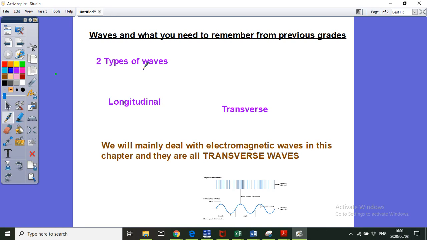For the last chapter, we need to revise a few things about waves that you did in previous grades. Not so much, but I am going to focus on what you need to know. The two types of waves that you dealt with were longitudinal waves and transverse waves. In this chapter, we're mainly going to focus on transverse waves, but just so that you remember the difference,